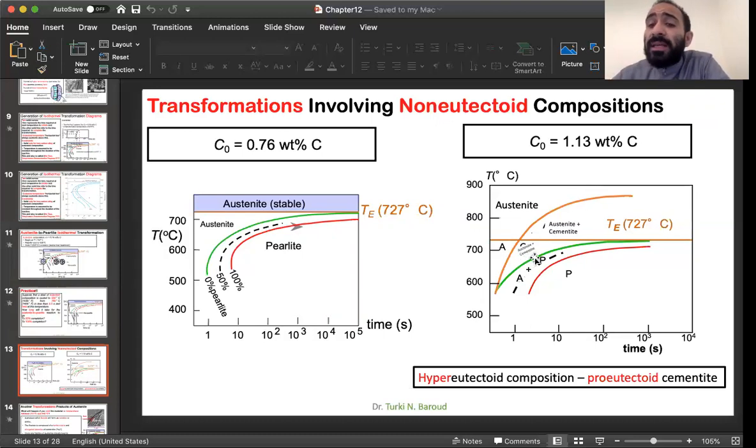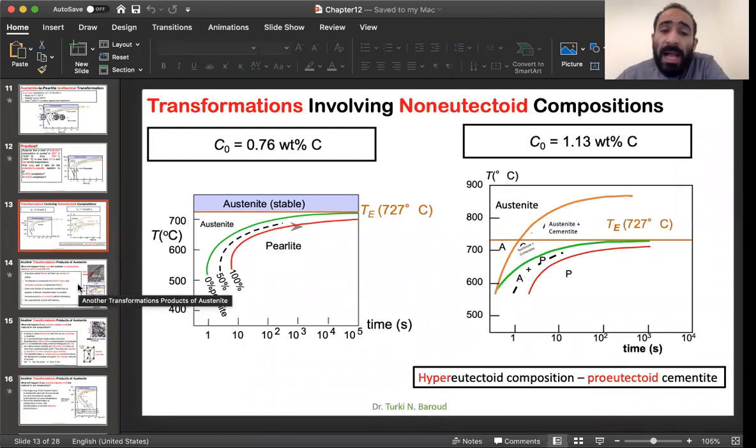And then once you hit the green curve, now you start to transform the remaining austenite into perlite. And once you hit the perlite, the red curve, then all the remaining austenite transforms to perlite. Okay, so let me give you an example. If you cool down to this temperature, part of this austenite will be transformed to cementite, and the remaining austenite will start to transform to perlite. And then by hitting the red curve, all the remaining austenite transforms to